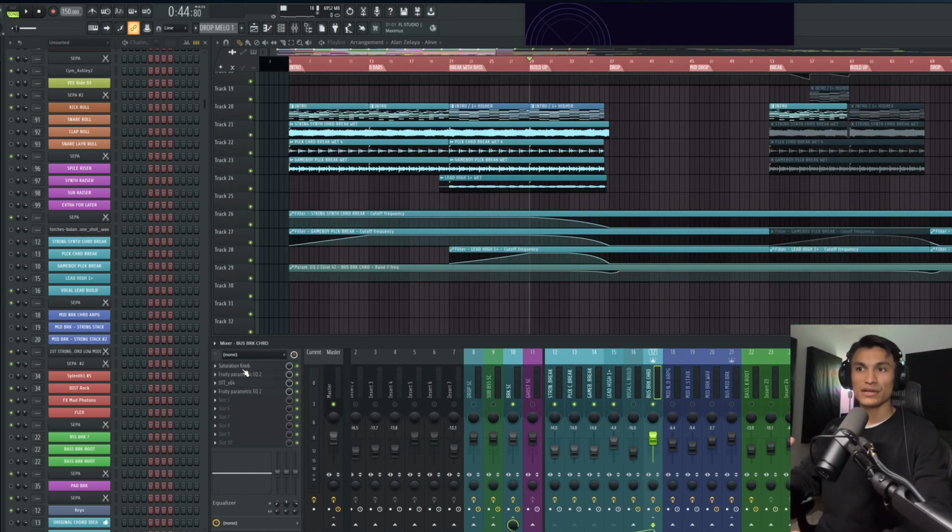On the bass channel, I only have saturation, EQ, OTT, and another EQ. The reason why I didn't use too much processing is because this is the way I used to work before. So I used to apply all the processing and the effect processing on its own channel. In this case, for this layer, this one over here,